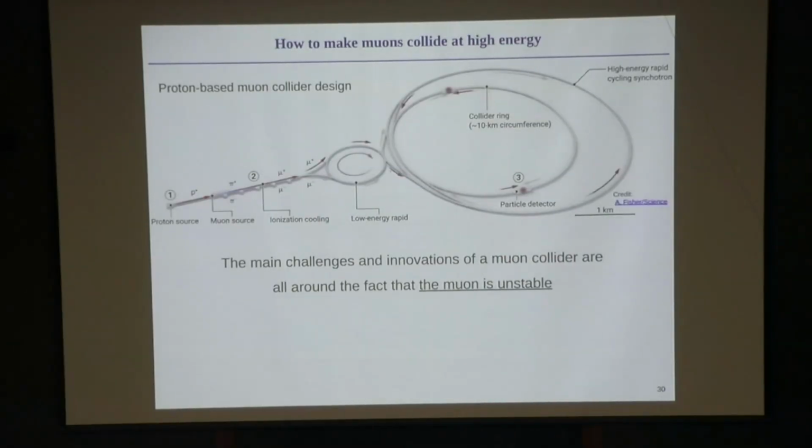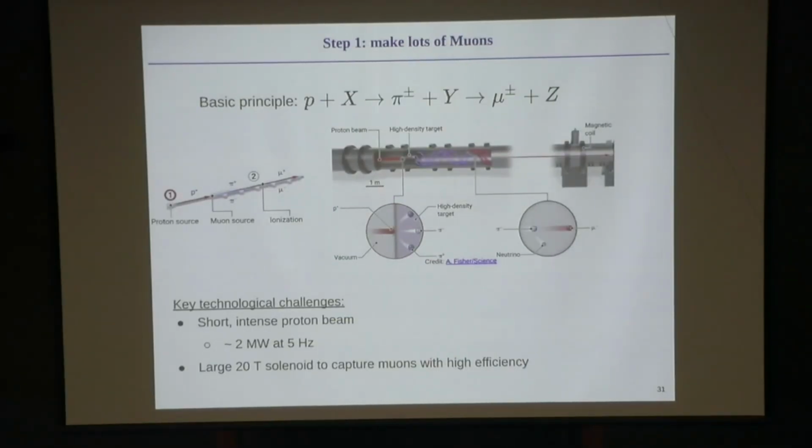So the way we would do a muon collider, this is just showing a schematic view of how such a collider could be realized. And there are different stages. I wanted to just highlight the basic idea and what the main challenges are. But overall, as I mentioned at the very beginning, the key aspect is that all the challenges go around the fact that the muon is not a stable particle, it's unstable and decays. Keep this in mind because it will come up as essentially our main challenge throughout. And so the first thing you need to do is produce muons.